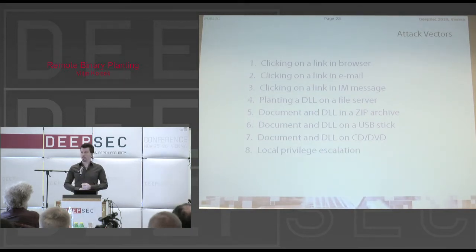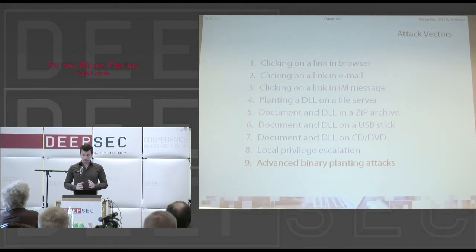You can use binary planting also for the old-fashioned local privilege escalation. If you want to become a local admin, you just set a trap like this to your admin and just wait for him to launch a local vulnerable application. And then, this hasn't been released yet, but our research is not over yet. Our researchers are now focused on trying to find attack vectors that make things even easier for attackers, to eliminate social engineering as much as we can.